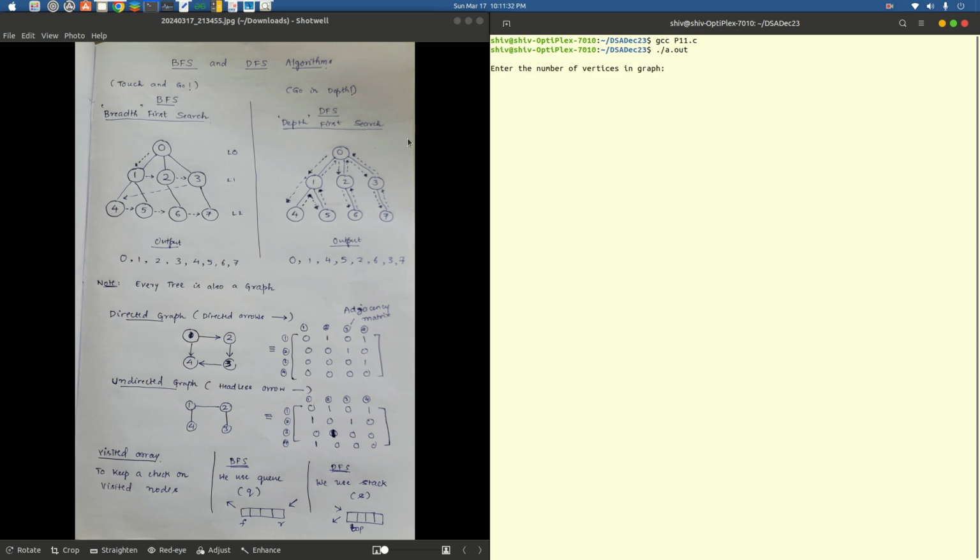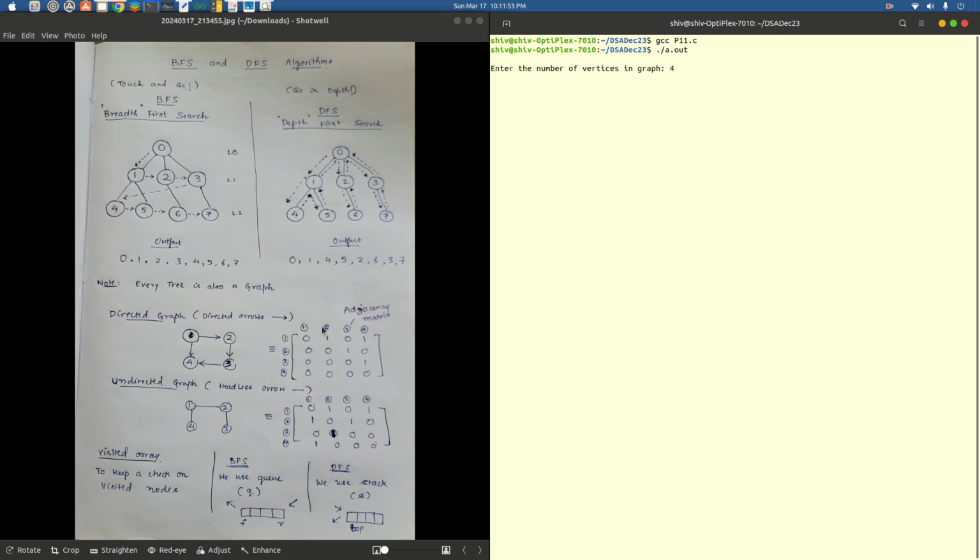Enter the number of vertices in the graph. So know that something like this would be given on the board for you to understand and execute the program. So how many vertices are present in this? There are 4 vertices. Please understand that for any graph we can create an adjacency matrix, but the more complex the